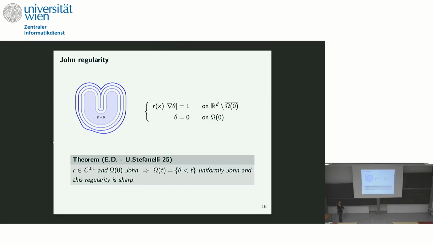This is something that we proved together with Elisa: not only does the set remain uniformly John, but this regularity is sharp. What does it mean that it's sharp? It means that you can provide counterexamples showing that you cannot do really better than John. Even if you start from a nice datum, it doesn't stay with the internal ball property. The set doesn't stay with the internal cone property. And actually, we even proved it in a slightly more general setting, namely for Hamiltonians which are not even continuous, but satisfy a convexity and non-degeneracy assumption with respect to the gradient. But let's stick with the eikonal problem for us.